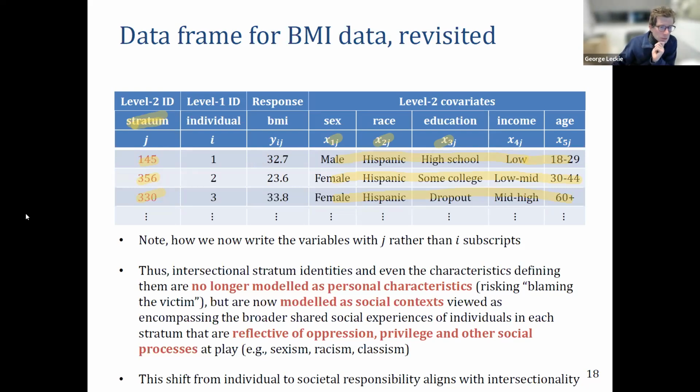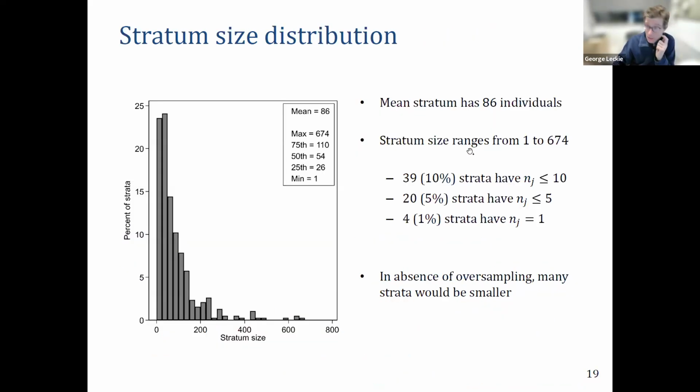So let's clear those pictures and march on. Having defined our 382 strata, let's do some appropriate descriptive statistics. So the first thing we want to know is, how many people are in each of these strata. And so here's a histogram of stratum size, and it's a very uneven distribution. We say there's a lot of imbalance in the multi-level data structure. We've got lots of strata which have very few people.